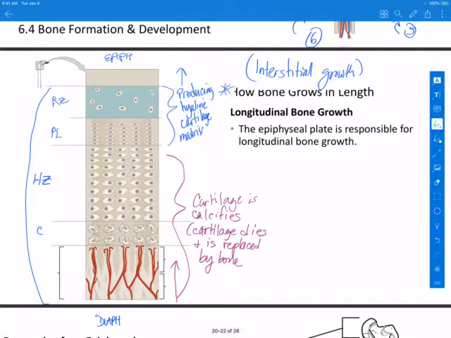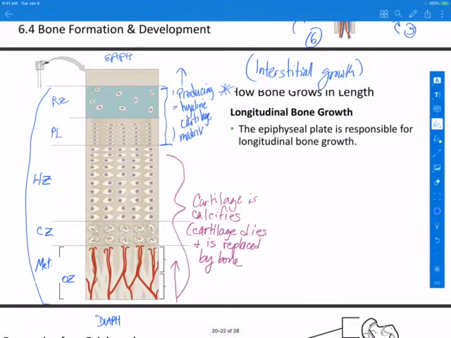This is the calcification zone, and this is the metaphysis, the ossification zone, where bone is being made. So basically in this area, from here to here,